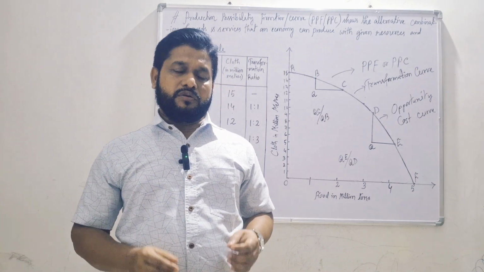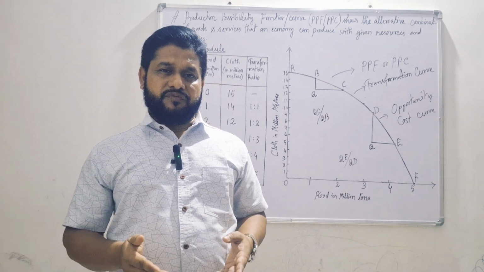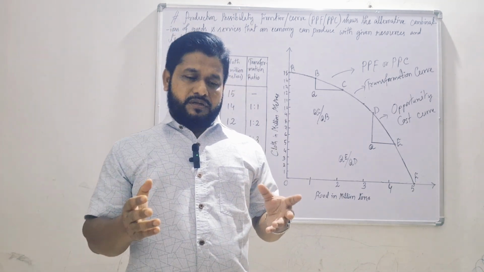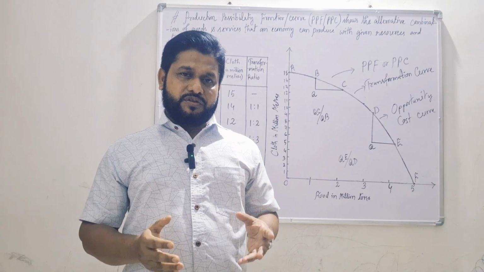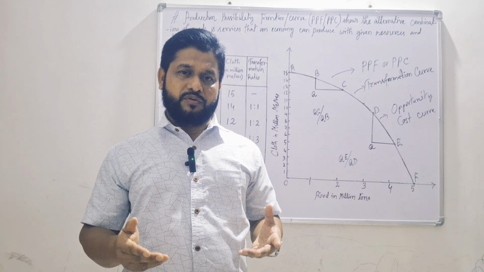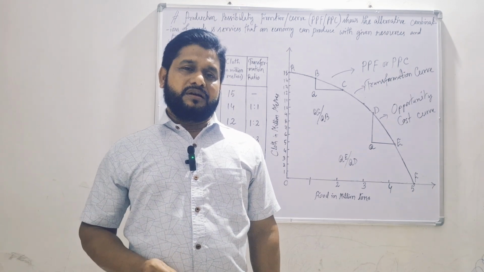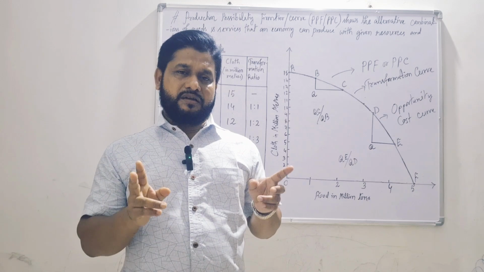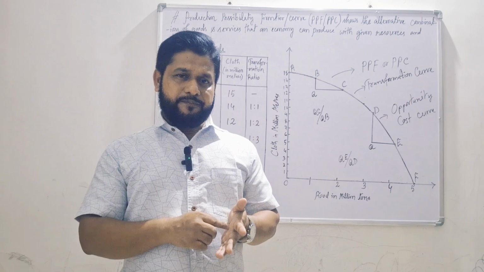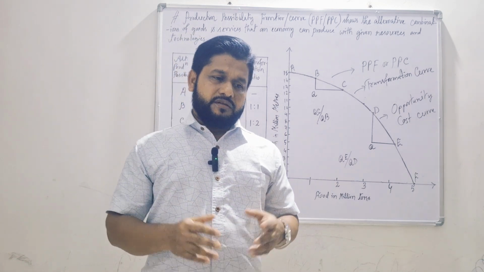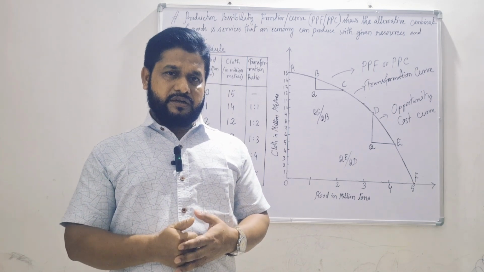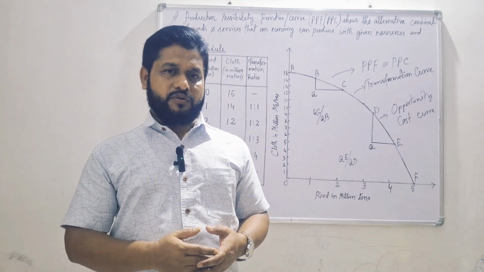And number four, all the resources are not equally efficient for production of all the goods and services. So depending on these assumptions, we can explain how this production possibility frontier or curve can be drawn. Let us take an example that there are two goods which an economy can produce. One is a food item, another is a cloth item. For producing the food item, whatever resources are required may not be the same for production of the cloth item, and